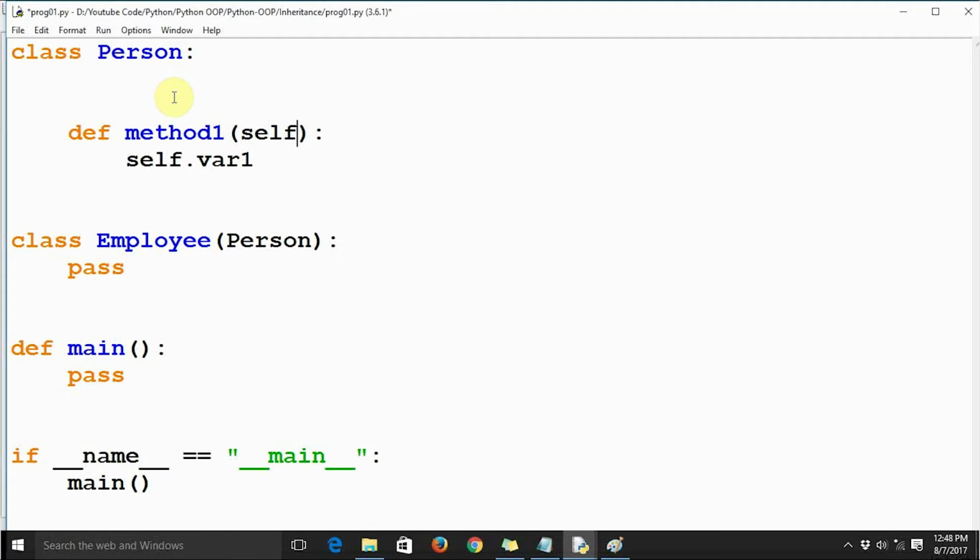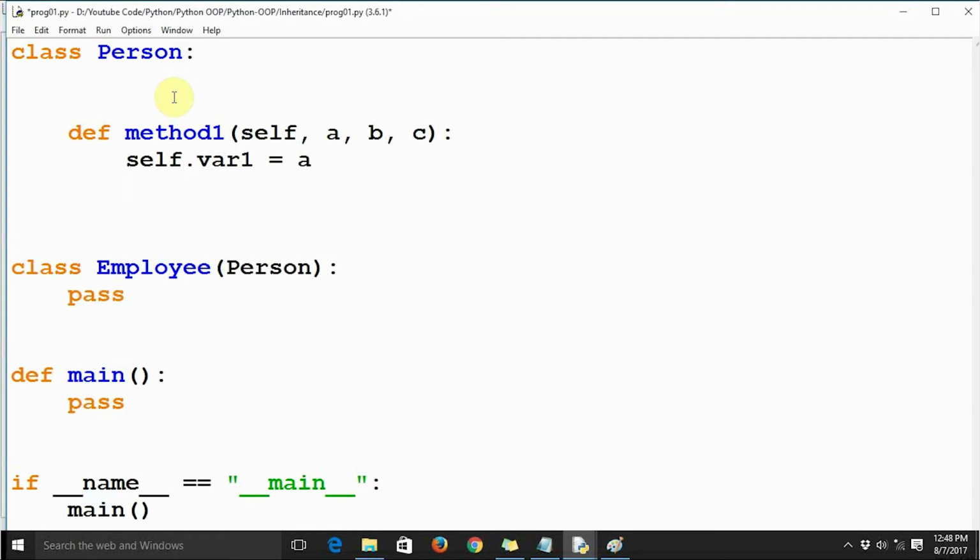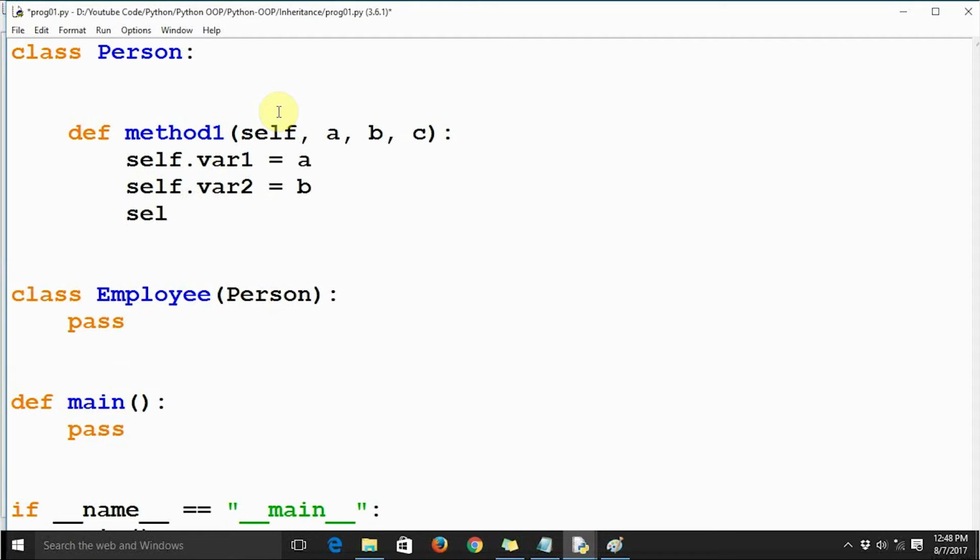So let's have here a, b, c. And we are going to assign the values of a, b, c to the variables in the class: self.var1 equal to a, self.var2 equal to b, and self.var3 equal to c. So this is a very simple method. Here we are accepting a couple of arguments and we are assigning those arguments to the class variables.